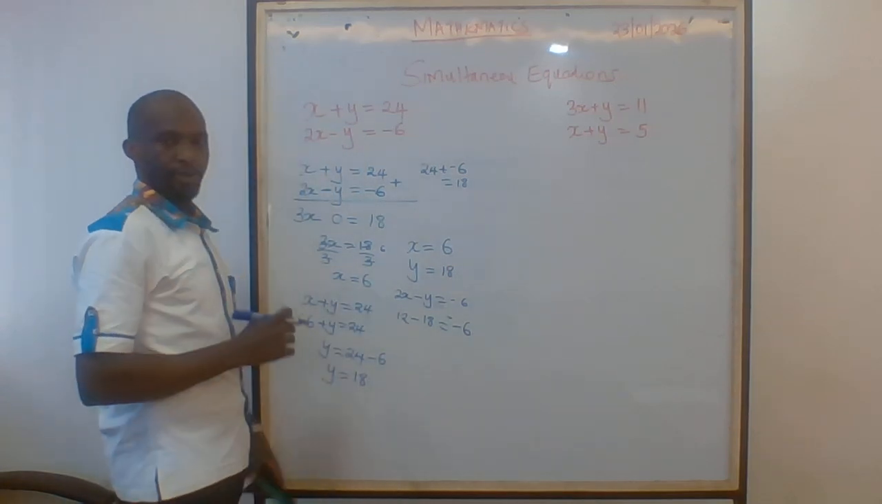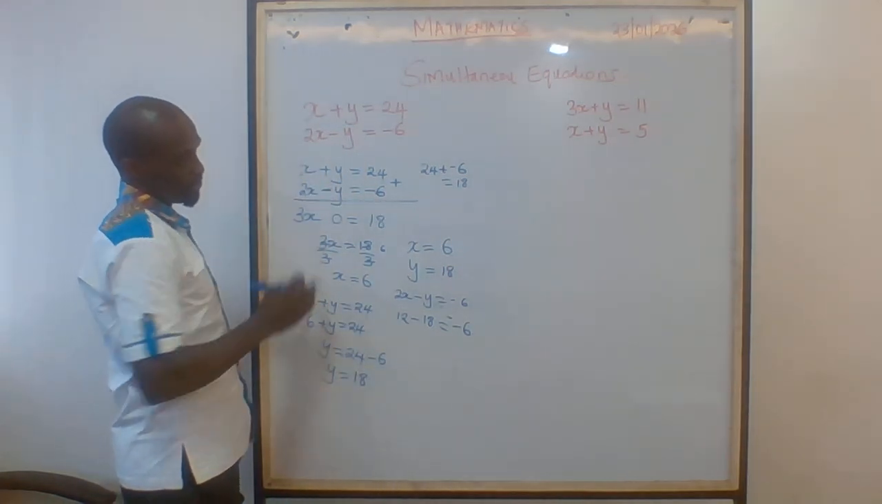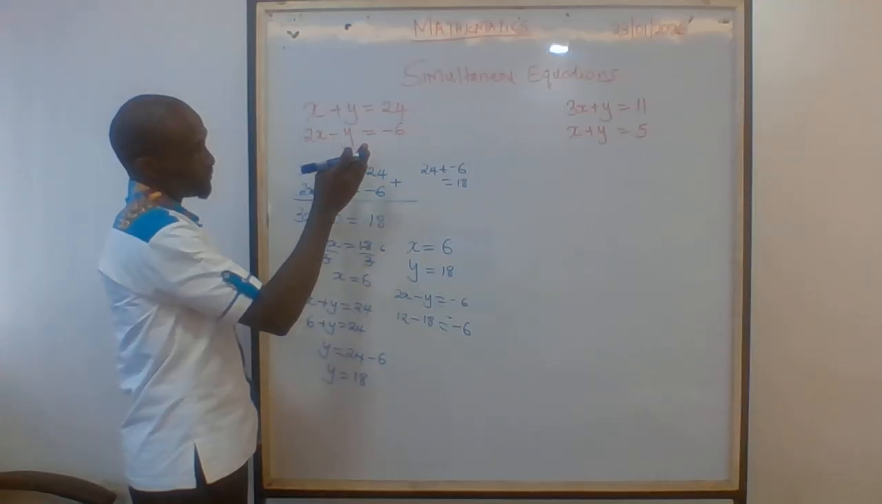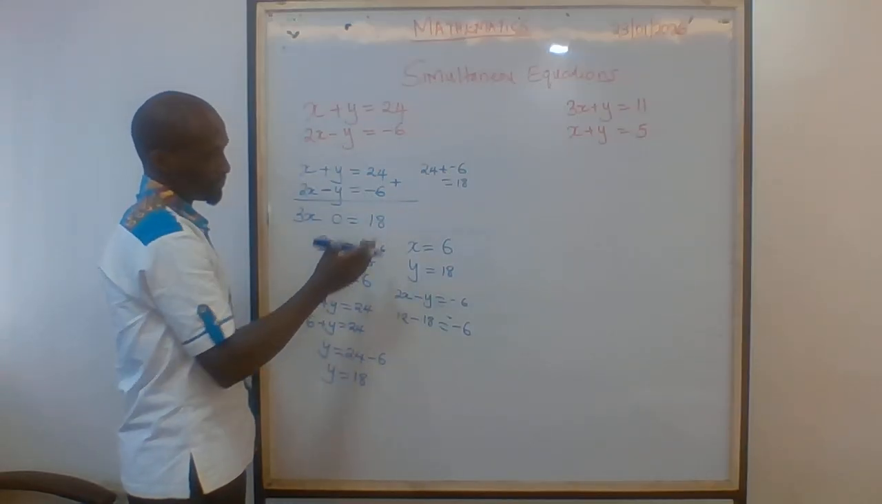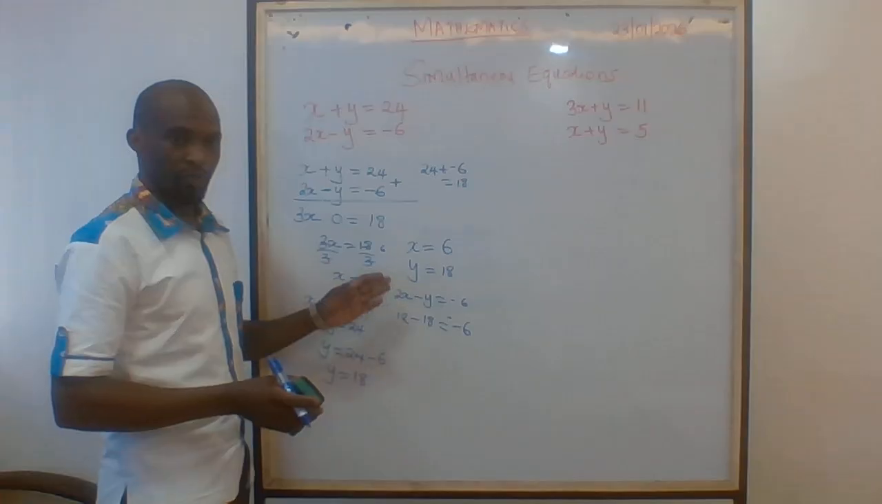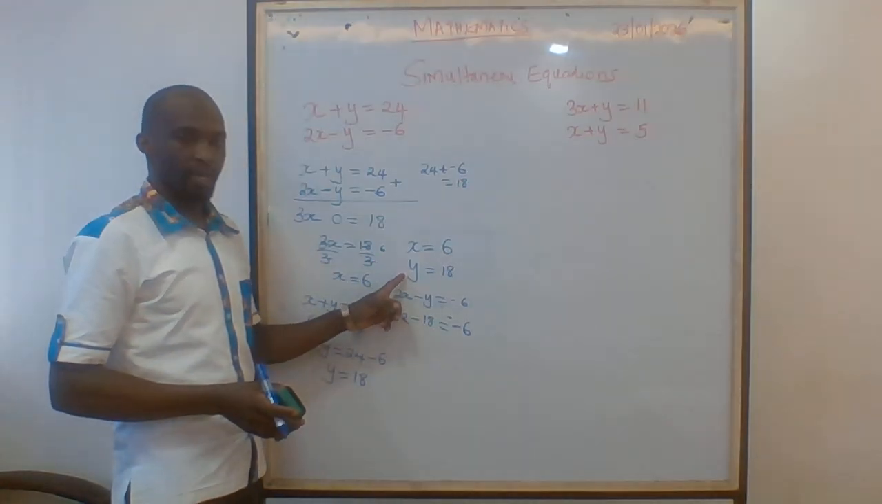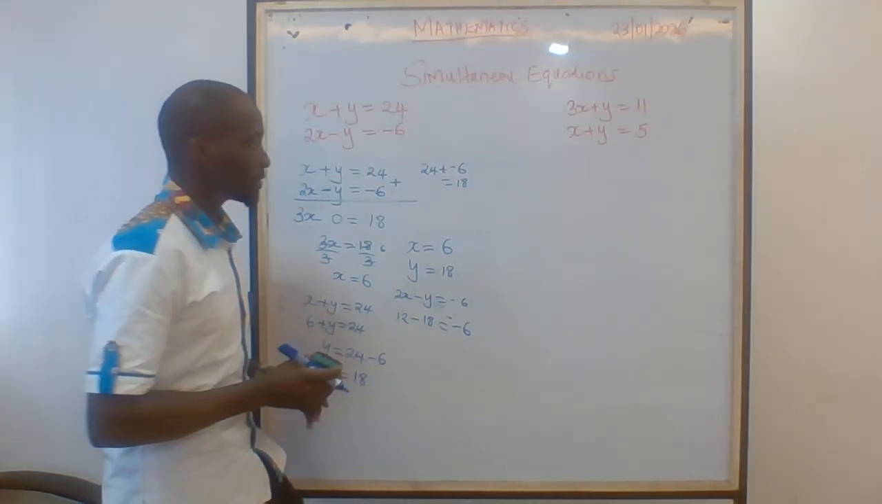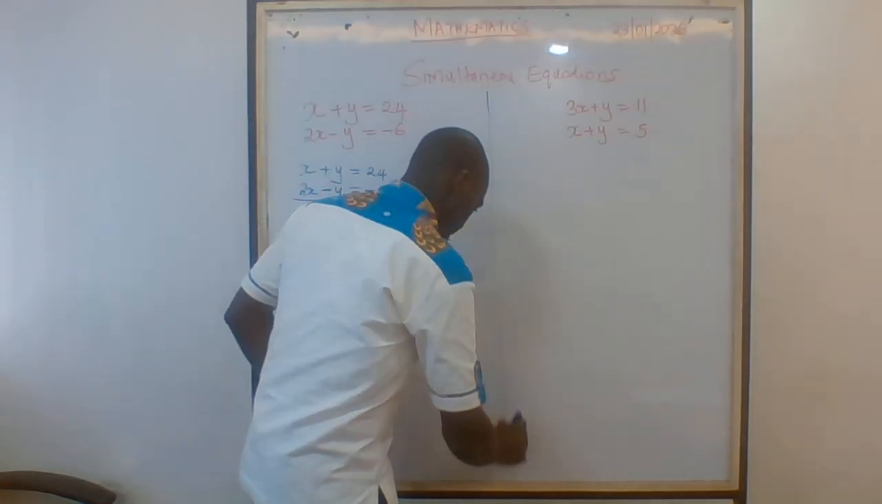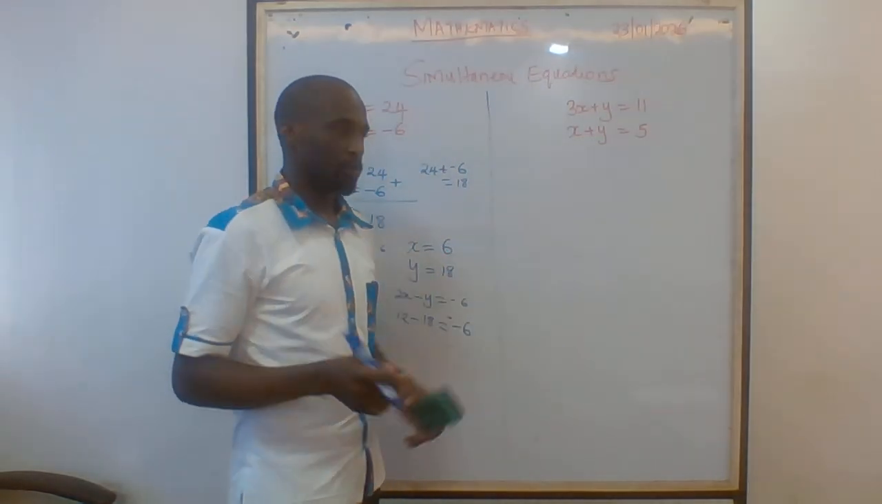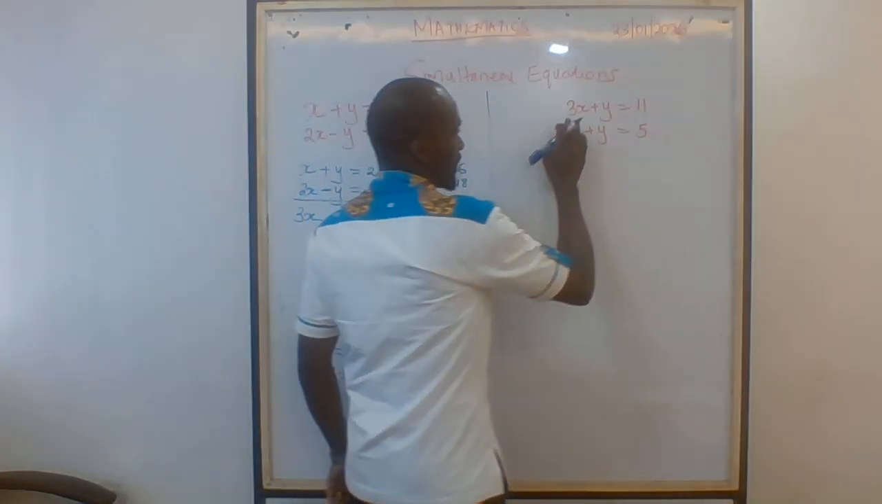That tells us that our simultaneous equations x plus y is equals to 24 and 2x minus y is equals to negative 6, the values there of x and y are 6 and 18. So that's correct. Now let's try to solve the second one so that you can also try your own examples there. So we have 3x